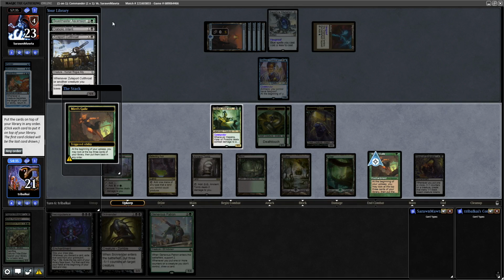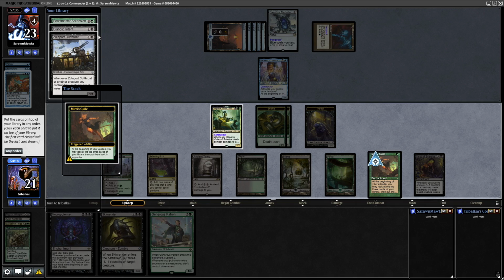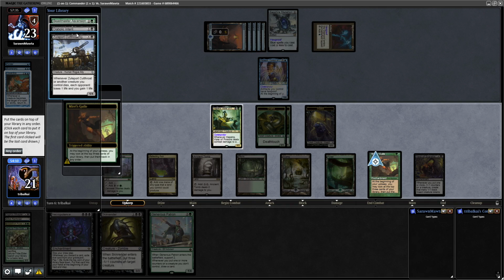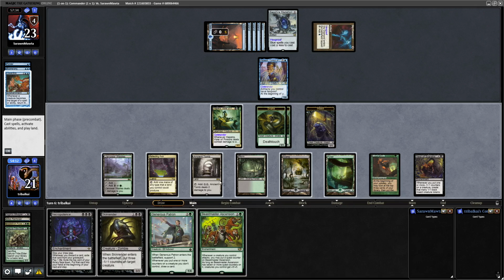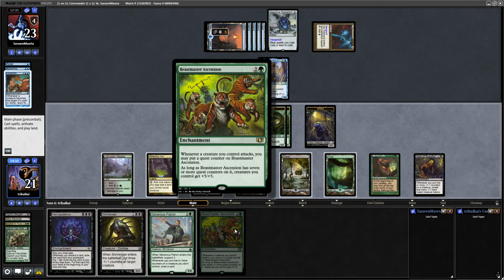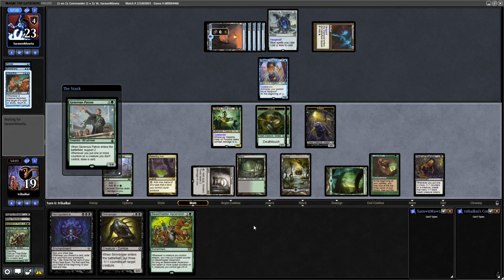Do we want a tutor? We don't necessarily care about a tutor if Necropotence is coming down because we're going to draw lots of cards. Yeah, perhaps go for Generous Patron and Skullrend this turn. So let's draw into Beastmaster Ascension, I think, if we're going to be getting lots of tokens. The thing we want to do with this is drop it down and activate it on the same turn. So we'll go Generous Patron,